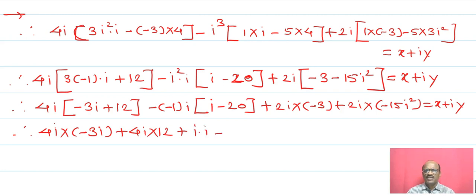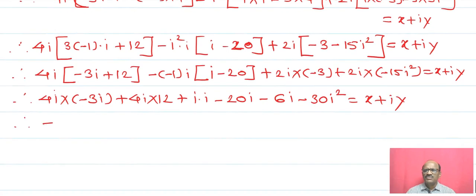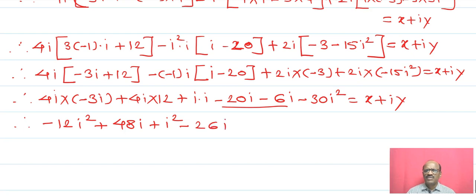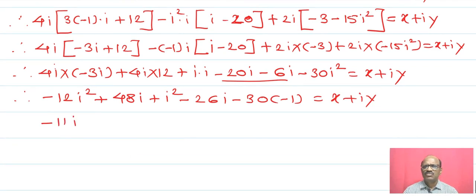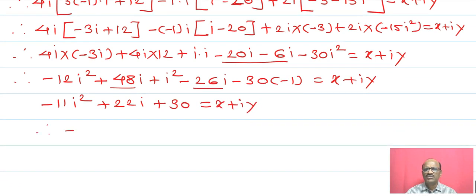that is 4i into minus 3i plus 4i into 12 plus i dot i minus 20i minus 6i, that is a minus 30 i square is equals to x plus iy, minus 12 i square plus 48i plus i square minus 26i minus 30 into minus 1, that is equals to x plus iy, that is minus 11 i square plus 22i plus 30 is equals to x plus iy,